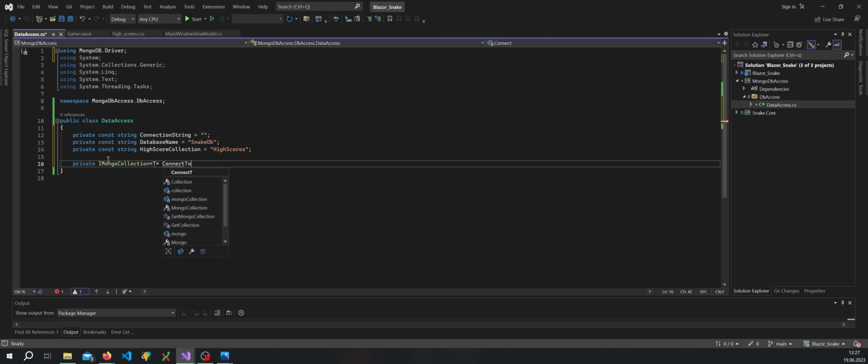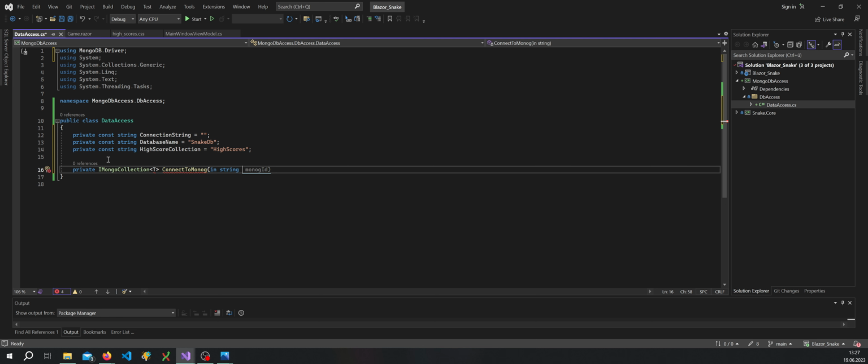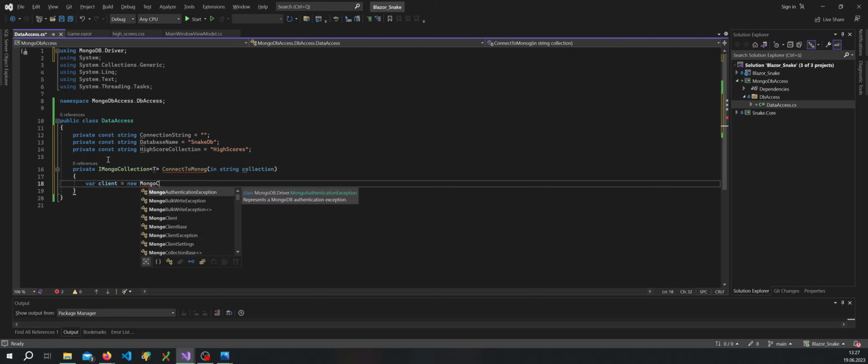So connect to Mongo, and then we'll say in string. It's kind of passing in here this collection by reference, and then say for our client, so new MongoClient,